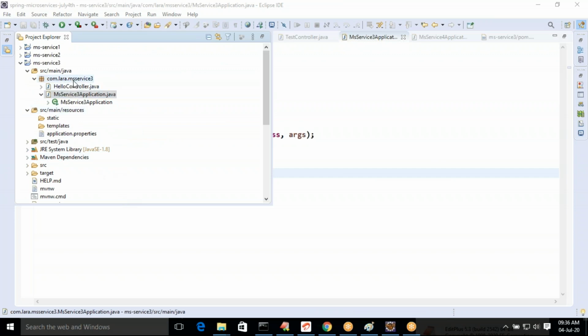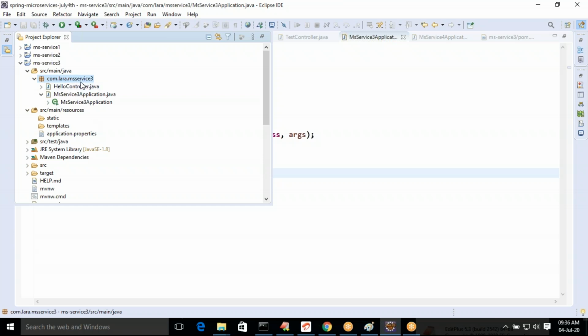Now develop one proxy for MS Service 4, one proxy which you can use again and again. Whatever limitations we have seen in the REST template can be addressed very easily through a proxy. Develop a proxy one time and keep using it wherever we want.